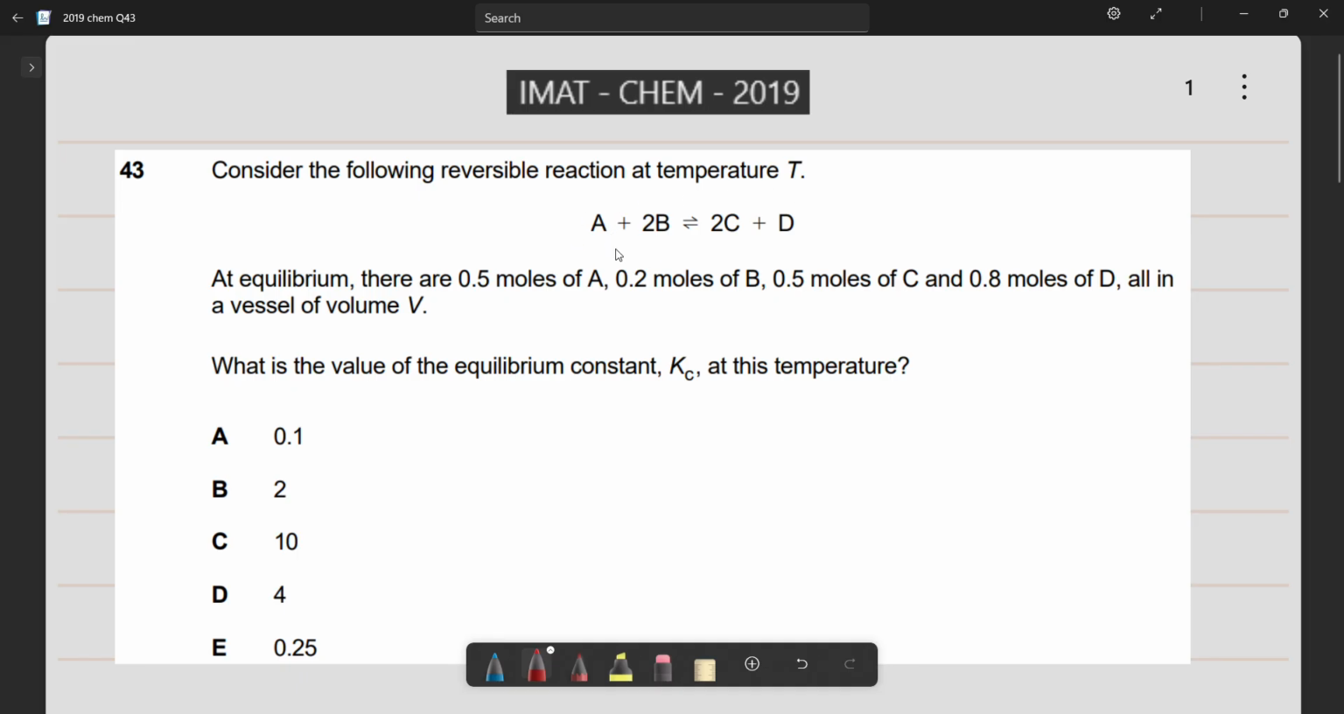So we are given this reaction. There's no identified molecule, like let's say carbon dioxide or anything. It's just some alphabet. Okay, A plus 2B giving 2C plus D, but this is a reversible reaction, not a complete reaction. So at equilibrium, there are 0.5 moles of A, 0.2 moles of B, 0.5 moles of C, and 0.8 moles of D, all in a vessel of volume